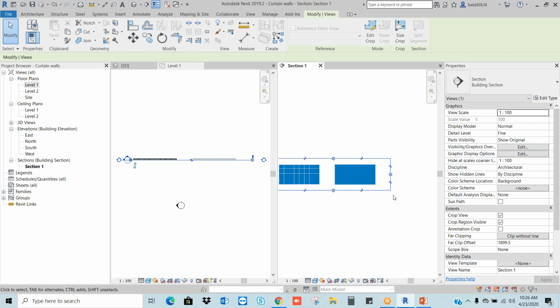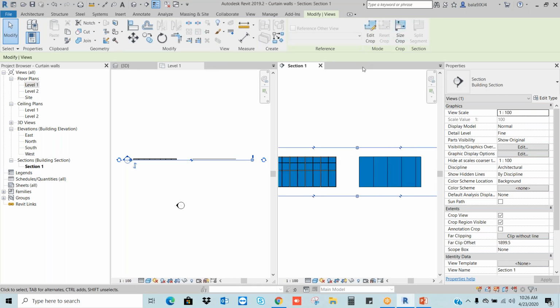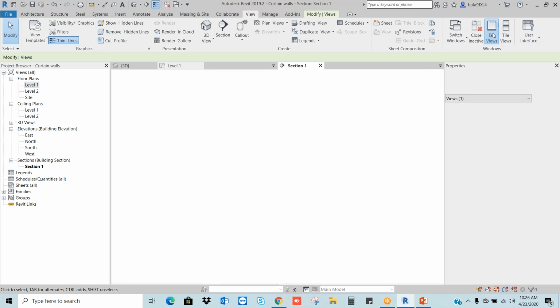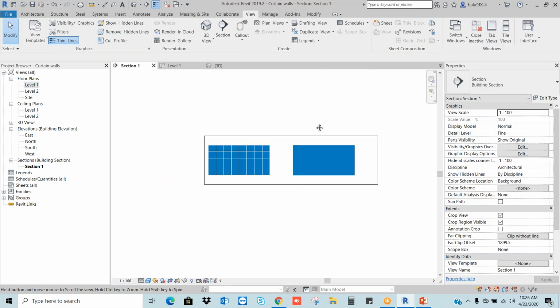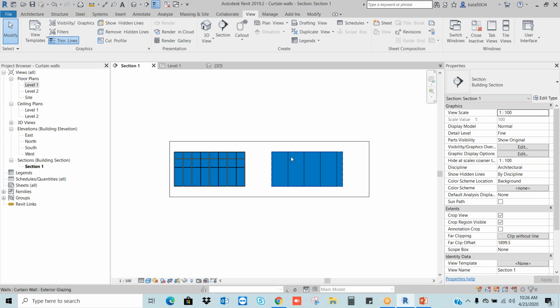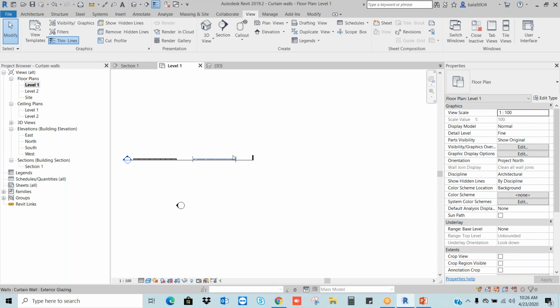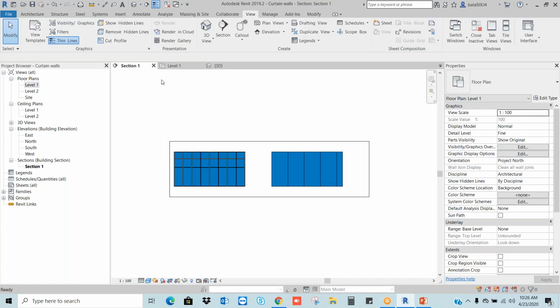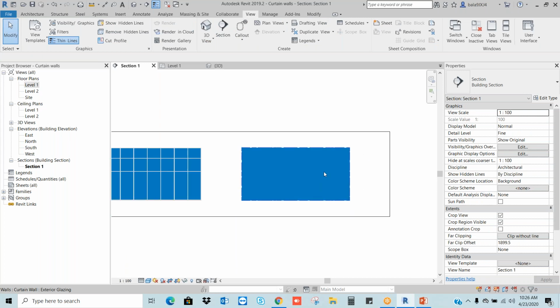That's it. So when we see this floor plan view in tab views, if you see in the section, directly I'm getting these grids. Earlier, I didn't have any grids, whether horizontal or vertical. I didn't get anything. When you choose this exterior glazing, I am getting the grids.